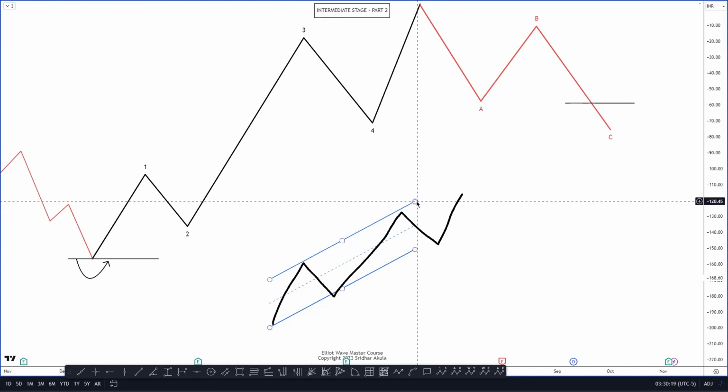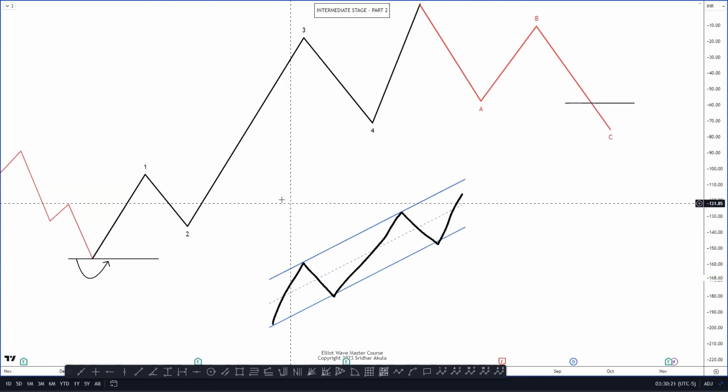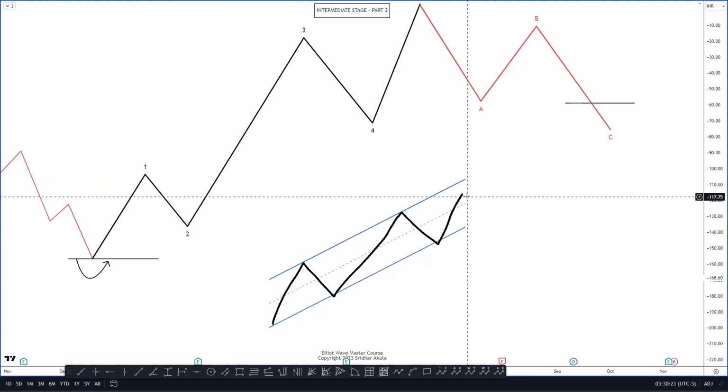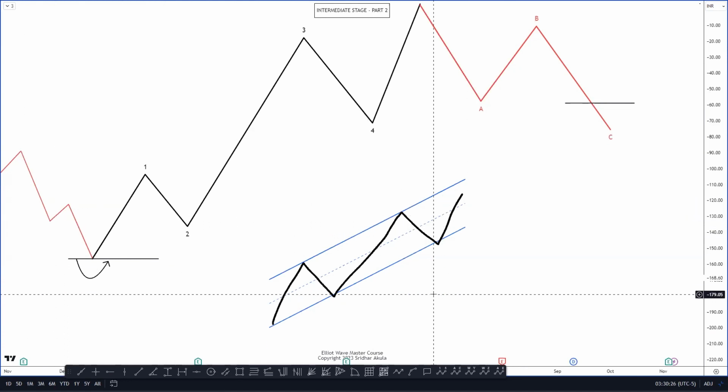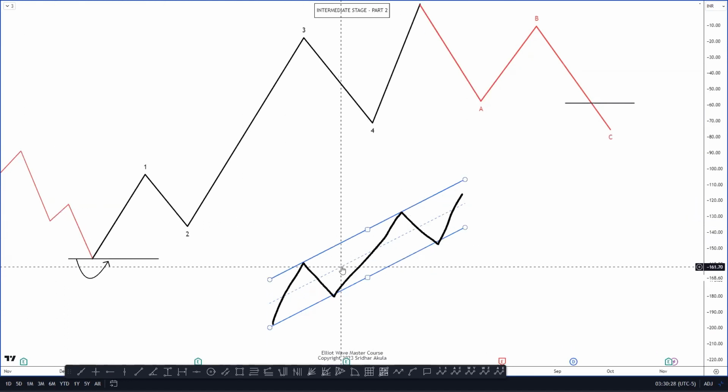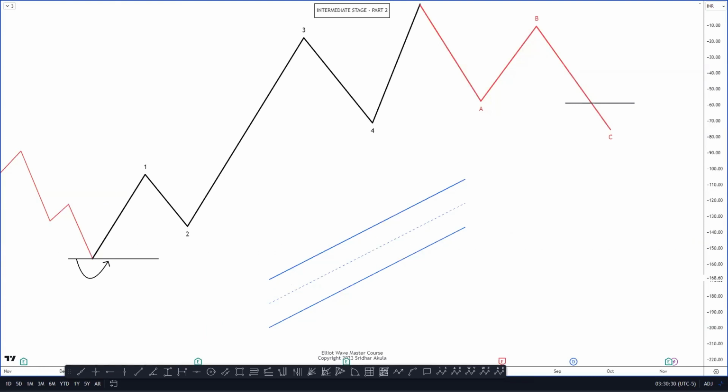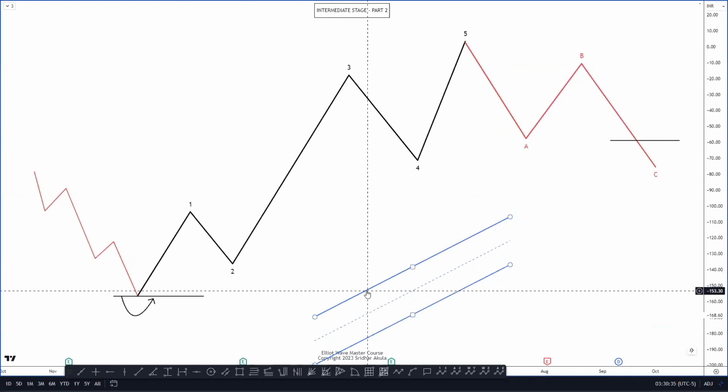This is the general idea of what happens in the market. Wave 1, 2, 3, 4, 5, and then you will go for a fall in the market. What I'm trying to teach you here is outside the textbook. Sometimes what happens is your wave 3,